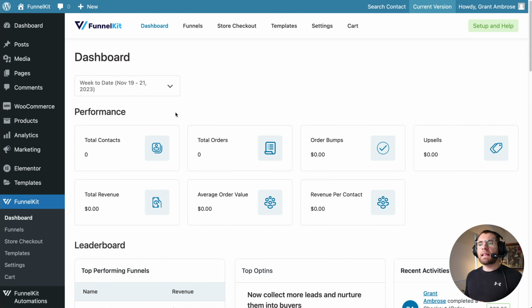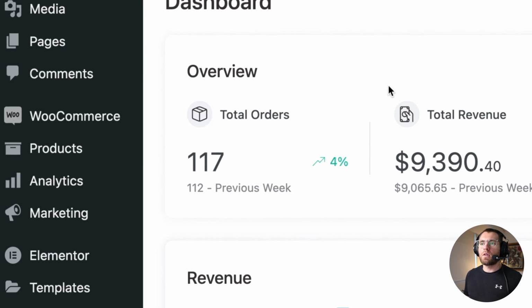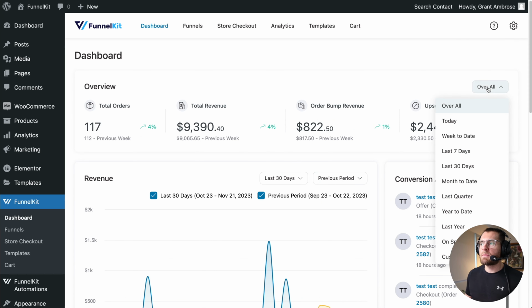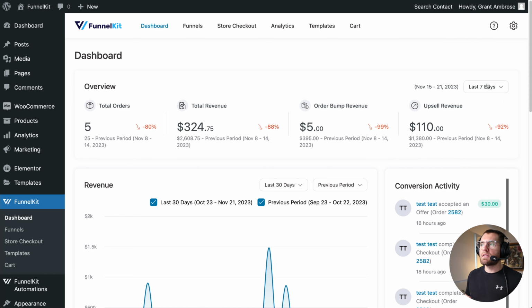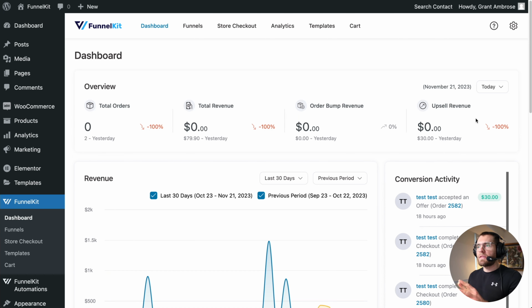So it was good to see at a glance this data for a specific time period, but the new dashboard is a lot more flexible and allows you to see at a glance more data and in more meaningful ways. So for example, our first widget up the top here shows us the total orders in our store, the total revenue, order bump revenue, and upsell revenue. And over here, we could filter by a specific time period. So we could check the last 7 days and just this area loads. Then we could do week to date. We could also check today. So again, with this, we can very quickly, at a glance, see what's happening for these data for a specific